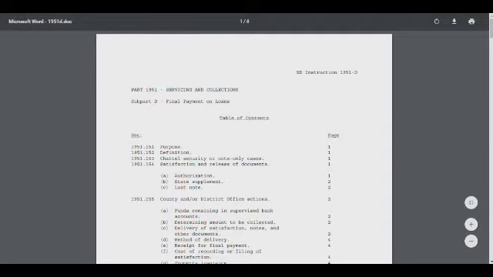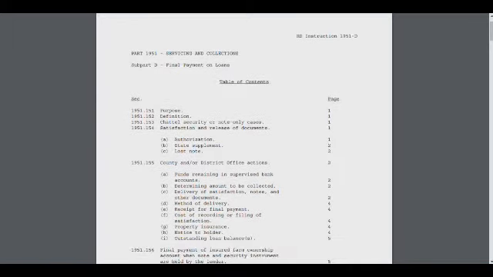RD Instructions 1951-D, Part 1951, Servicing and Collections, Subpart D, Final Payment on Loans. Table of Contents. Section 1951.151 Purpose, 1951.152 Definition, 1951.153 Chattel, security, or note only cases, 1951.154 Satisfaction and releases of documents, authorization, state supplements, lost note,